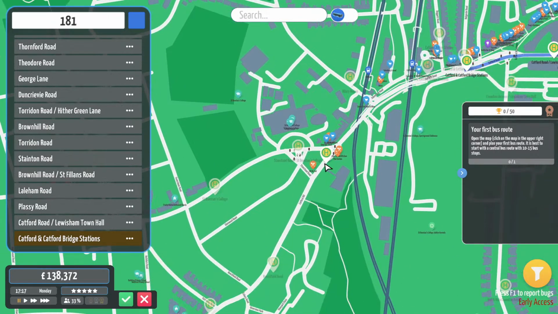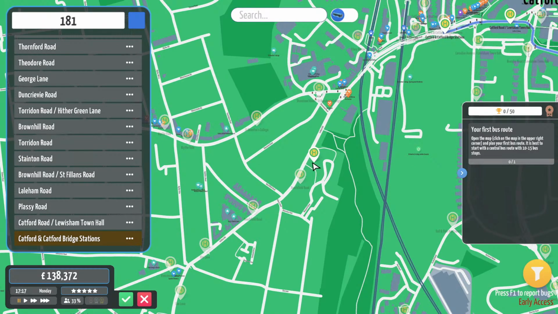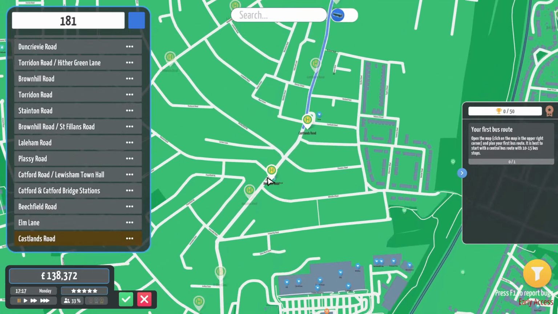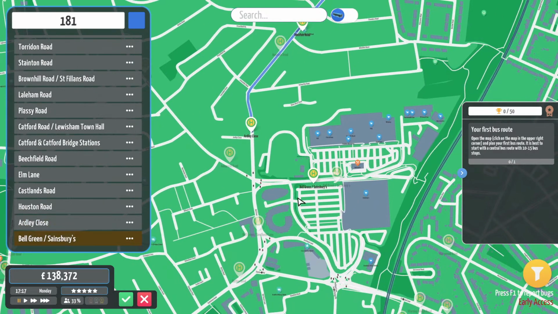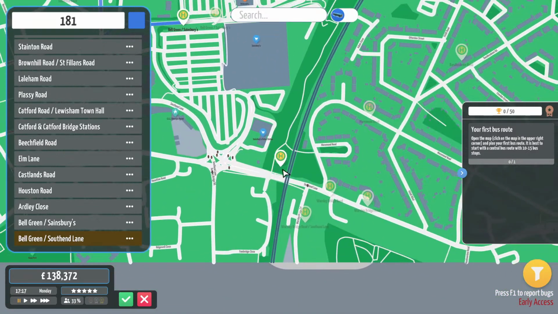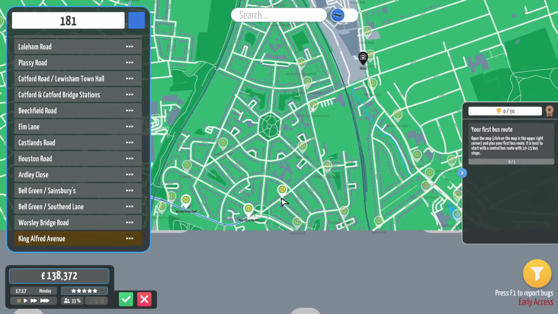And then it goes down past... I'm pretty certain there is a stop here. Is there a stop before Beachfield Road? I think I'm just hallucinating. Elm Lane, Castellans Road, Houston Road, Ardley Close, pops into Sainsbury's, back down to Southend Lane, on the correct side of the road ideally, Worsley Bridge Road, King Alfred Avenue, and this is as far as